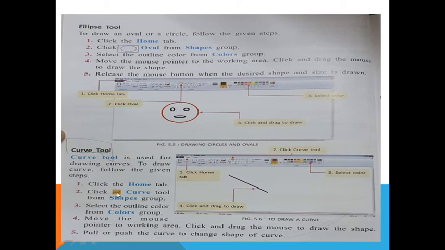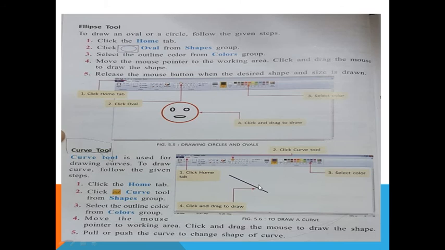Move the mouse pointer to the working area. See here, this is the working area, and using this curve tool, drag the mouse to draw the shape. Pull and push the curve to change its shape, meaning up and down you just move it.